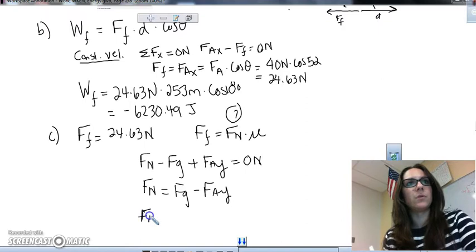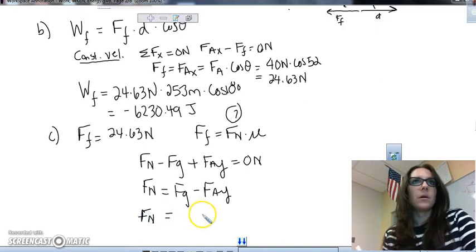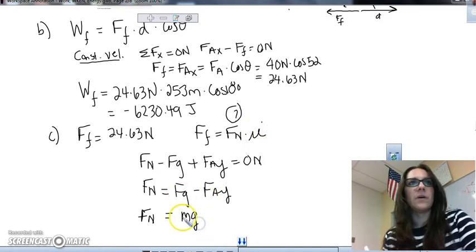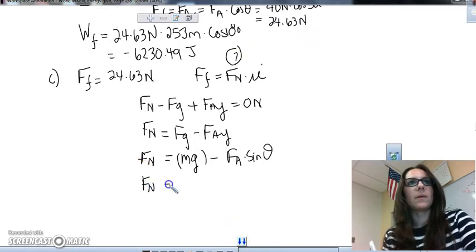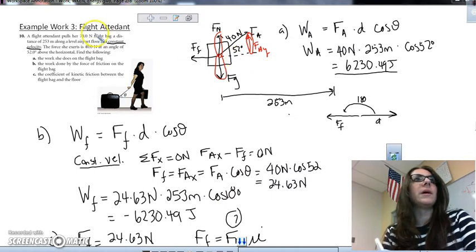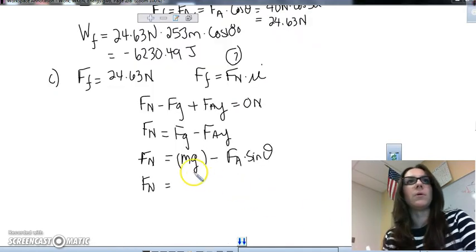So with that said, force normal, by the way, we need to find this to find that. Force normal is going to be mg, so that's the value of that, minus FA sine of our angle. If we look in the problem, we have this number, which is actually equal to Fg. That's the weight of the object. We don't have the mass, so we could just plug that in, because it says newtons. If it said kilograms, we'd have to multiply by 9.81, but since it's not, we could leave it as 70. Minus, this was what, 40? Yep, 40 times sine